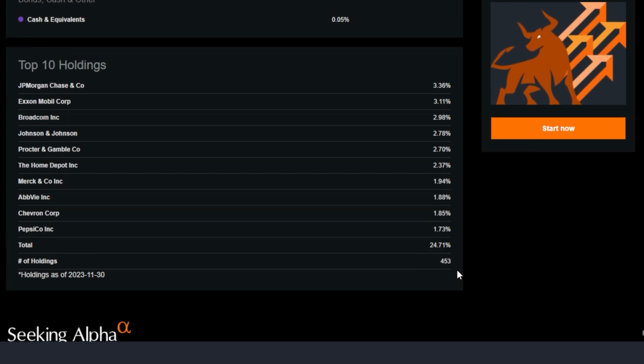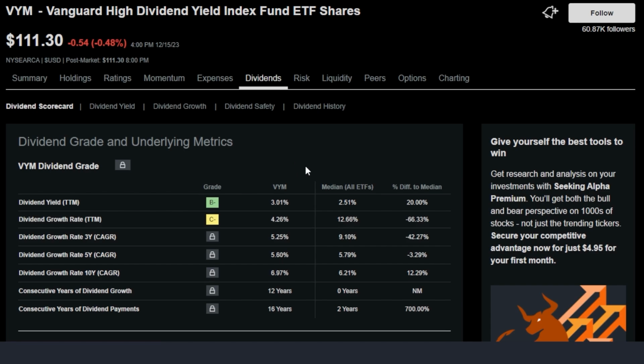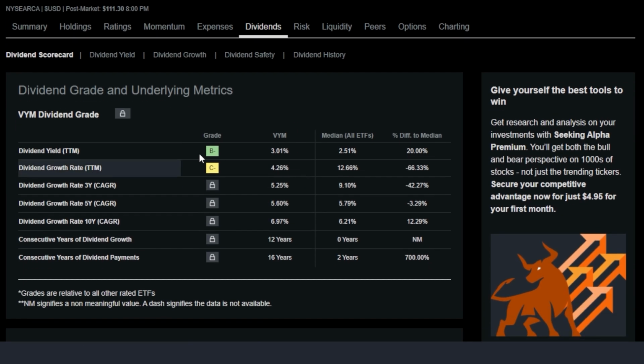Now, the difference between VYM and SCHD so far, there are a lot more holdings in VYM, so there is going to be more diversification, which can definitely help in times where, say, 10, 20 of these names might not be having all that great of a year. Now, VYM also is not lacking in the dividend department, offering above a 3% trailing 12-month dividend yield, which offers investors decent cash flow from day one,